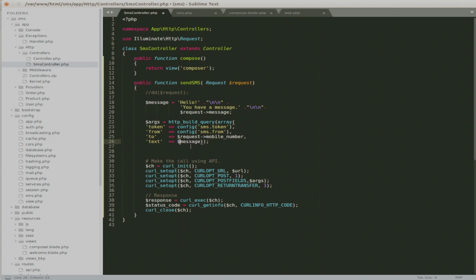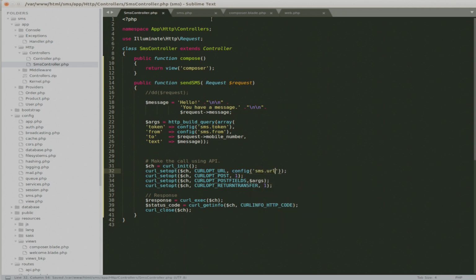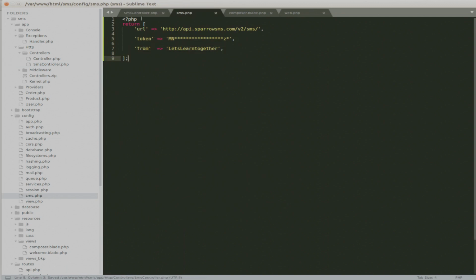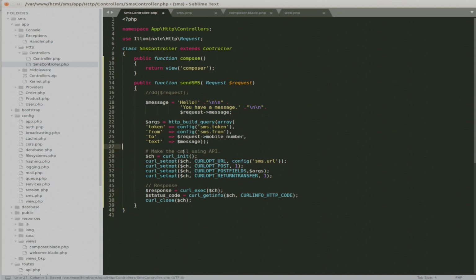I'll replace this with message, and then finally I have a URL to be replaced. This is config, and then SMS dot URL. Okay, now we are done. I think we can have a look. Before we have a look,